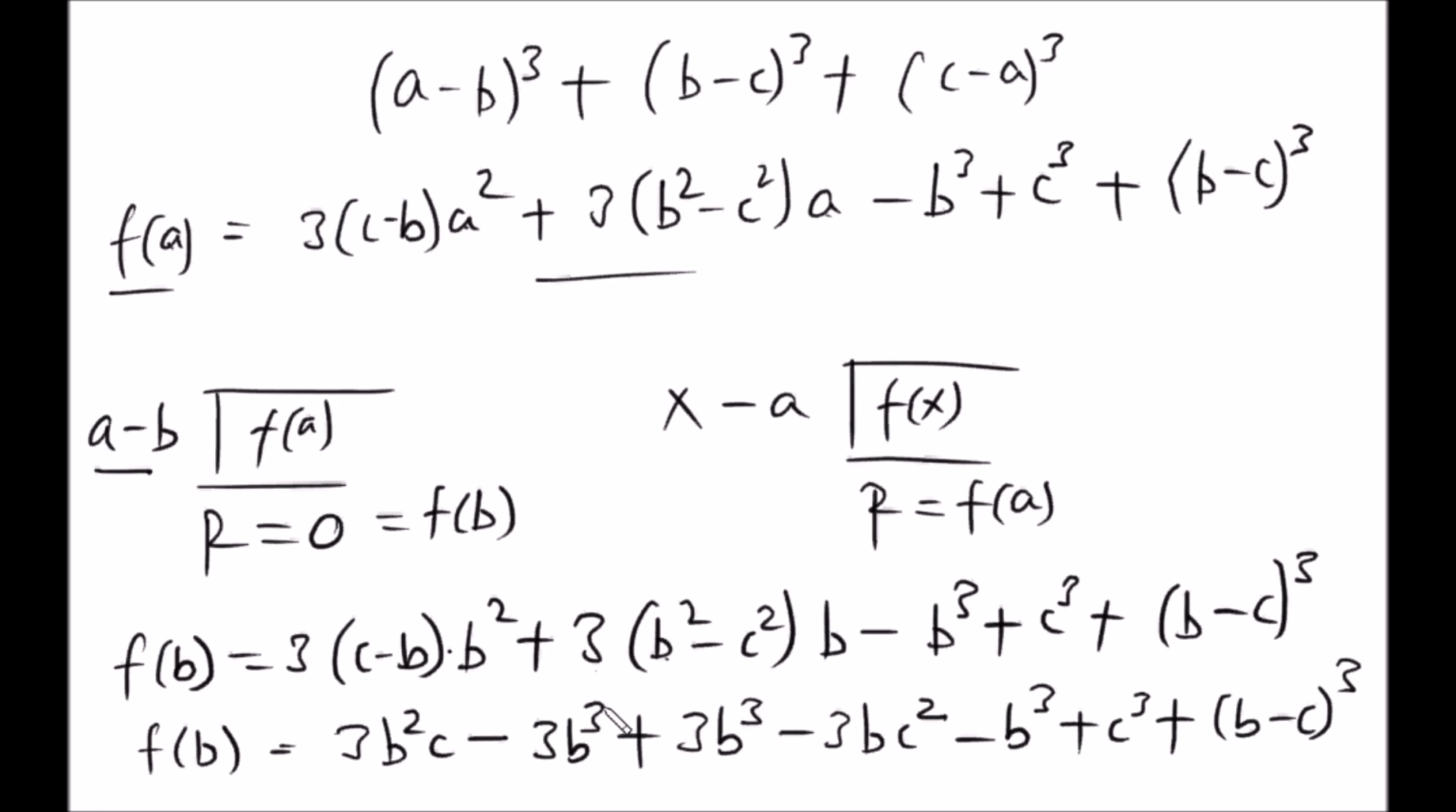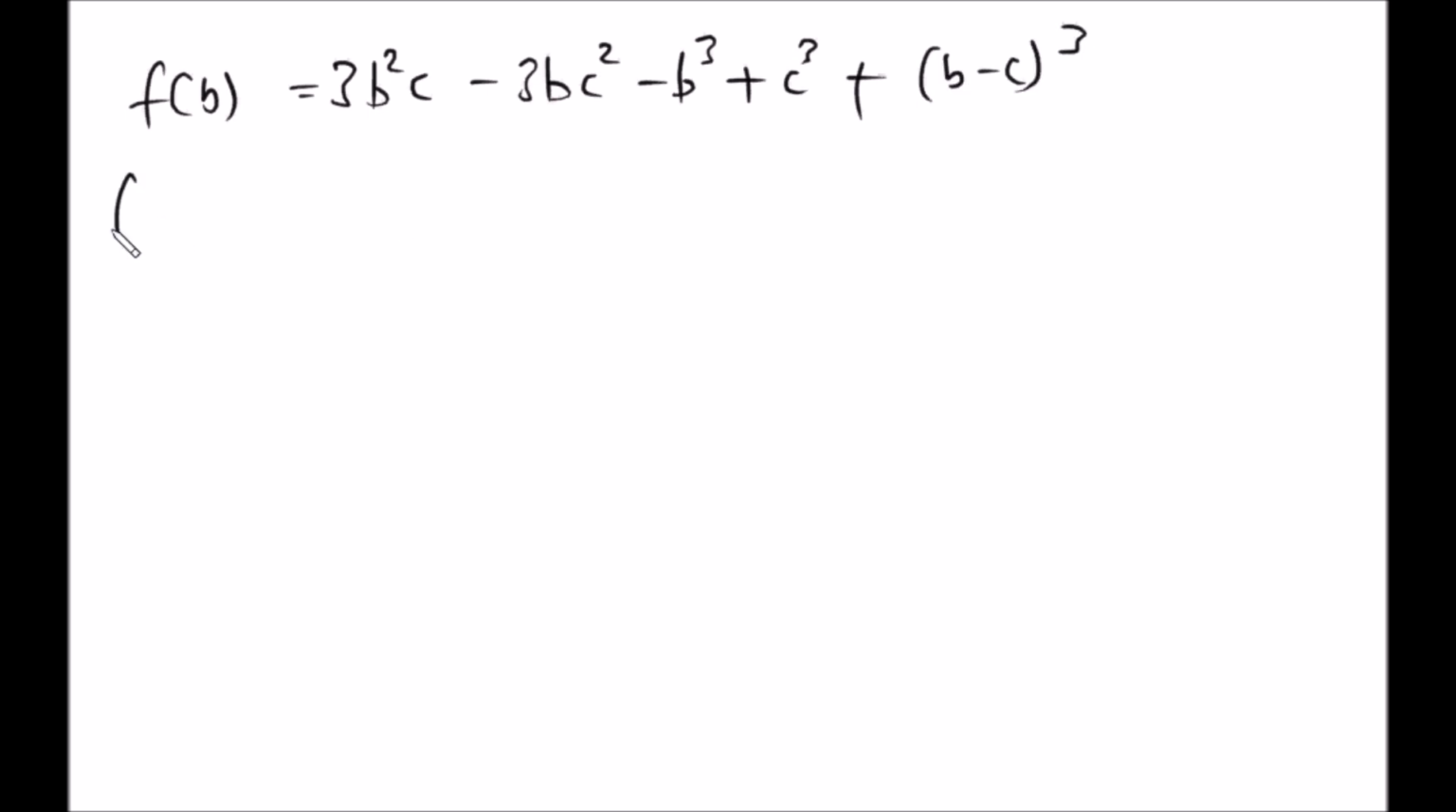So you can see here haraka haraka, negative 3b cube plus 3b cube ni 0. So fb inabaki ni 3b squared c minus 3bc squared, so tuna ile minus b cube plus c cube. So to expand hii b minus c cube tuone kama fb itakuwa 0. So itakuwa ni 3b squared c minus 3bc squared minus b cube plus c cube, so we're gonna have b